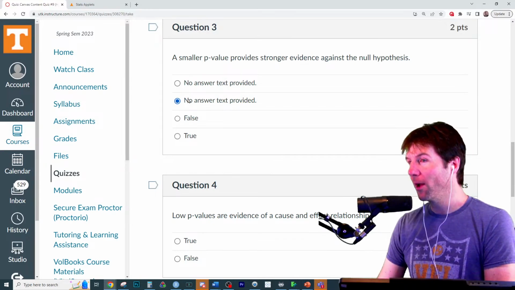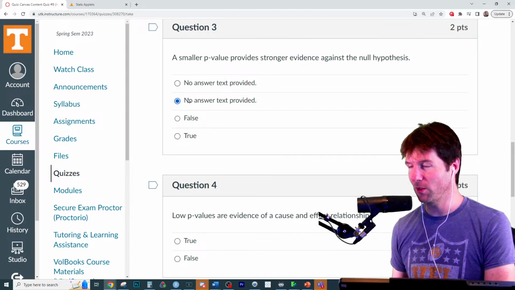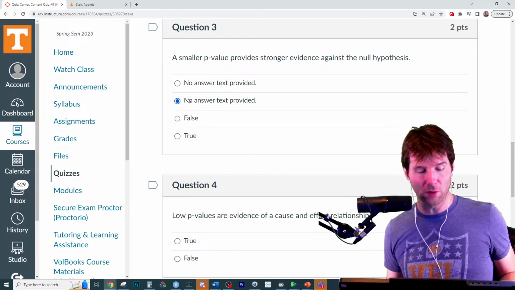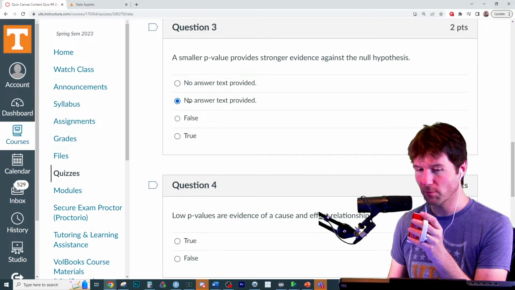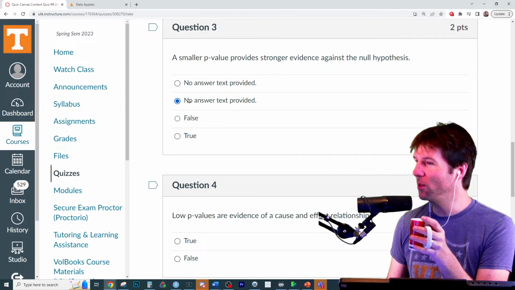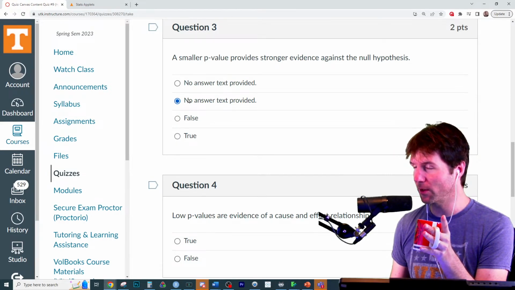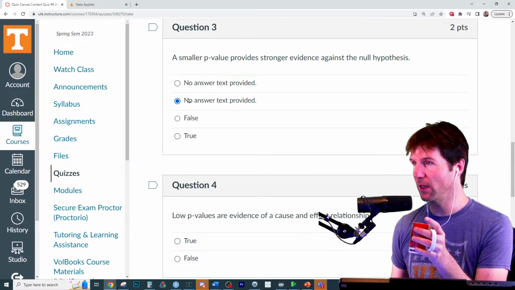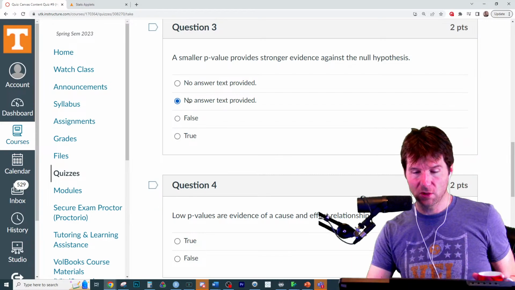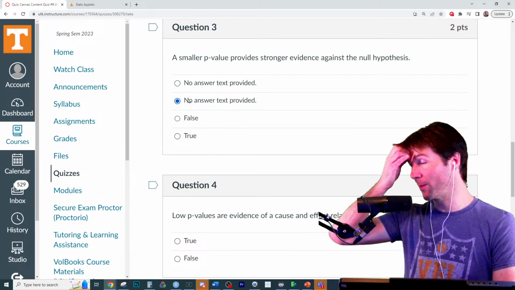Don't click those. A small p-value provides strong evidence against the null hypothesis. I feel like we took this straight from MyPearson, so don't overthink this. It's not like the MyPearson questions where we're trying to be too crazy on the wording. I mean, you never say things like prove. So if you see prove or cause in any problems, those are false. But when we talk about evidence, we want to say there's evidence for the alternative, and that'd be evidence against the null hypothesis.